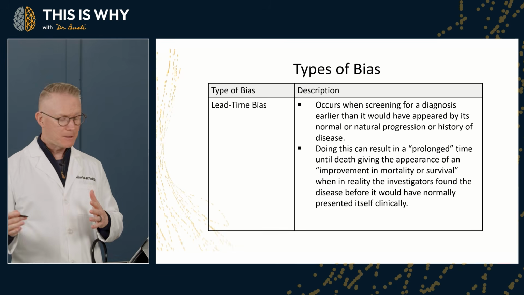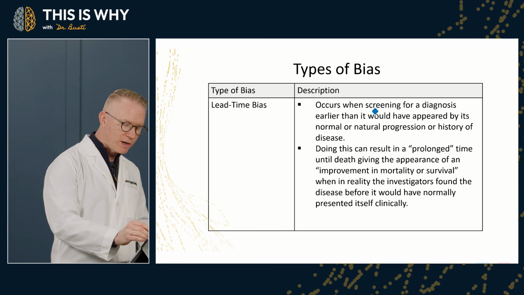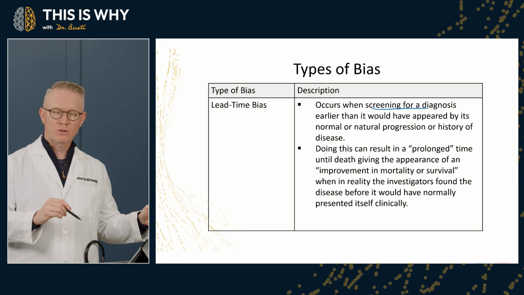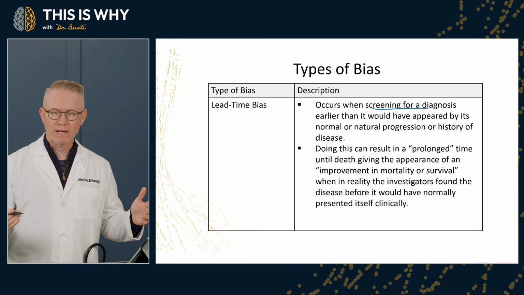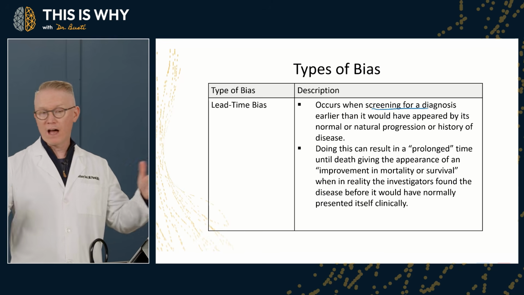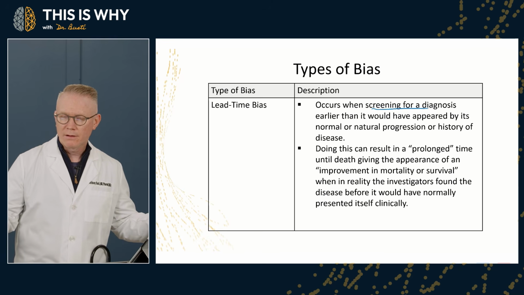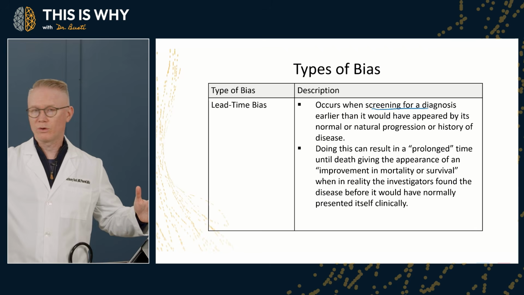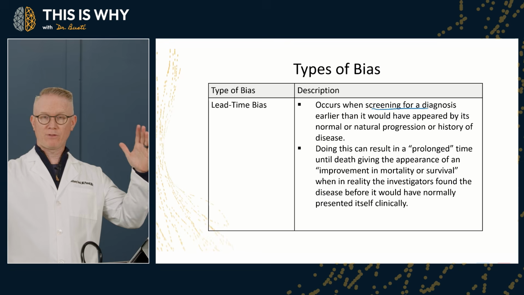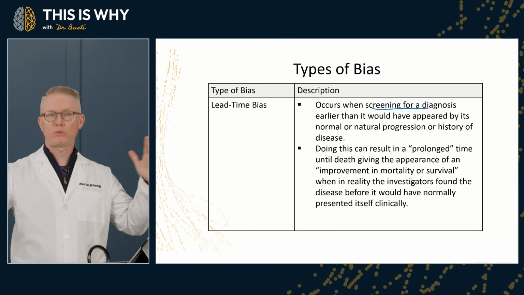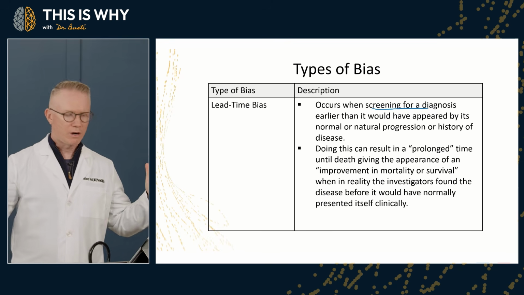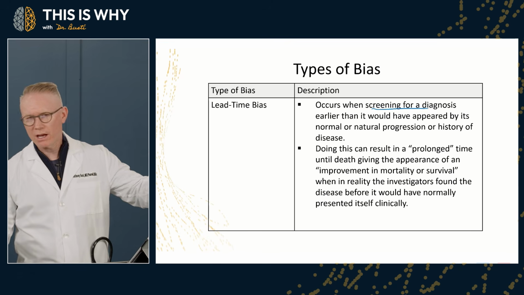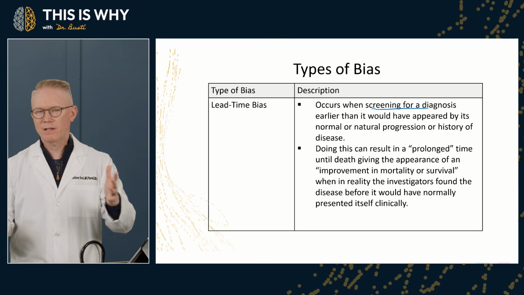Lead time bias. Well, this is important when we're screening for a diagnosis earlier than we would have normally. Okay, so what ends up happening is you identify these patients that are at risk, who would not have normally presented, right? You start to treat them. They live a certain duration. It makes it look like they've lived longer, that the intervention prolonged their lifespan, but in reality, if that patient was not in the study, they would not have presented because they were asymptomatic